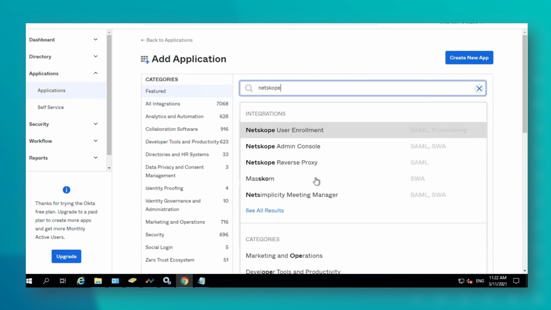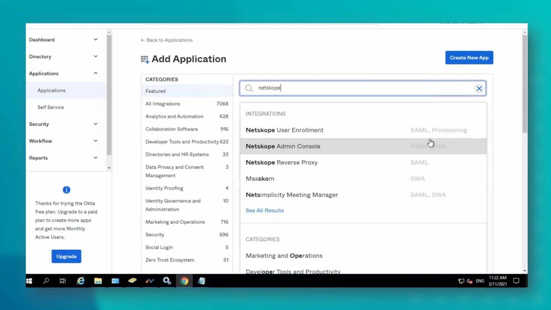Very quickly, you can just click on one, add it to your Okta, go to the Netskope tenant. It will give you step-by-step guides on how to configure it, what settings to take from your tenant. Even in Okta, once that application's added, there is an option to view those instructions end to end as well. And you can't really go wrong with it because it's so straightforward. You're just copying a field from one place to another. It's that simple to do.